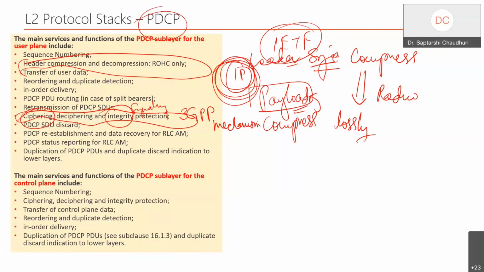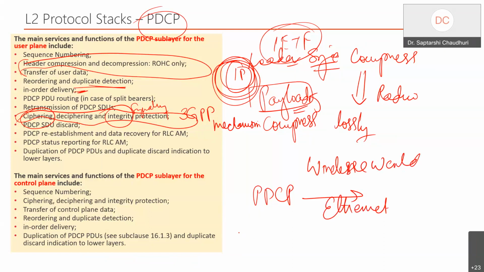And plus we have kept another check called duplicate detection and in-order packet delivery, because this is the last part. From the PDCP, it enters the wireline world. Wireline world actually means the Ethernet world.